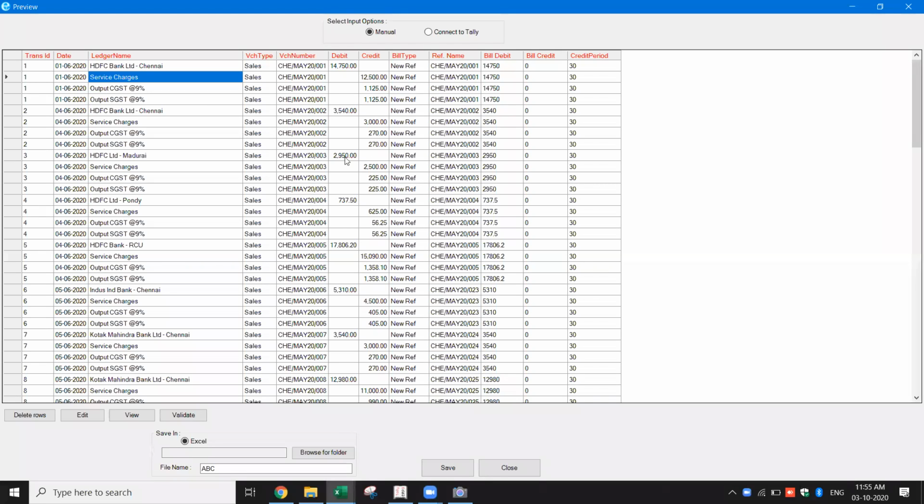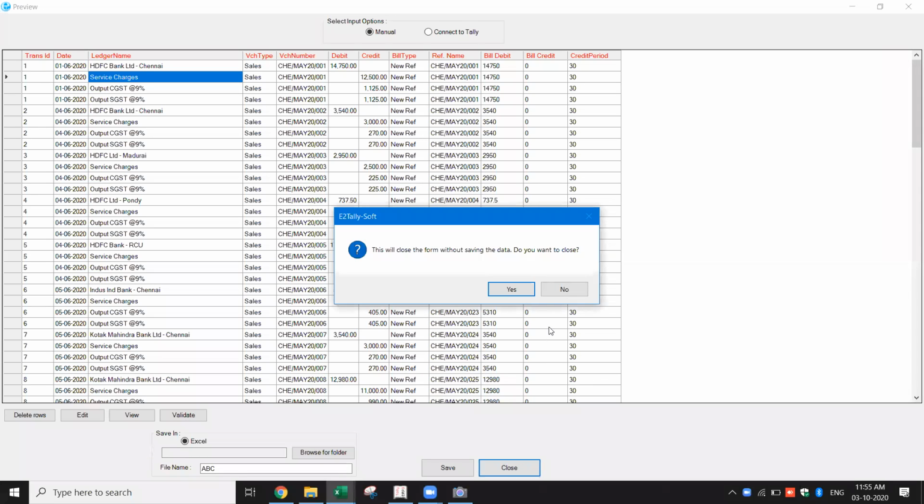So all this data, what do I do? Same process, I just save this file and it will be saved as an Excel file, and using import Tally, I can import this. Now this is sales. Now let me go and show you